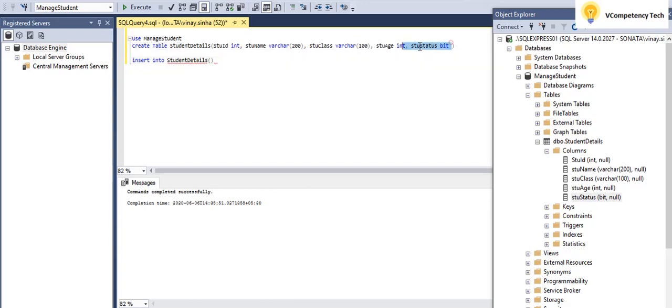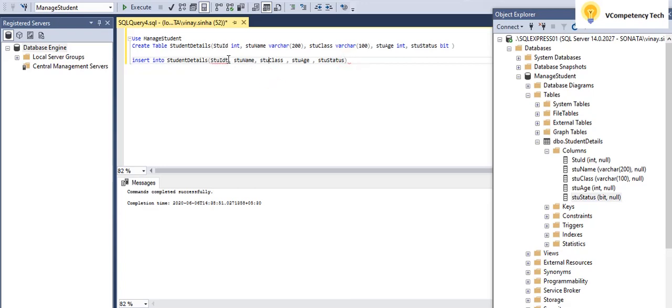So the same columns I will use here. Then I will remove the data types. Columns I will use only columns. I will remove the data types. Okay, so these are the columns.